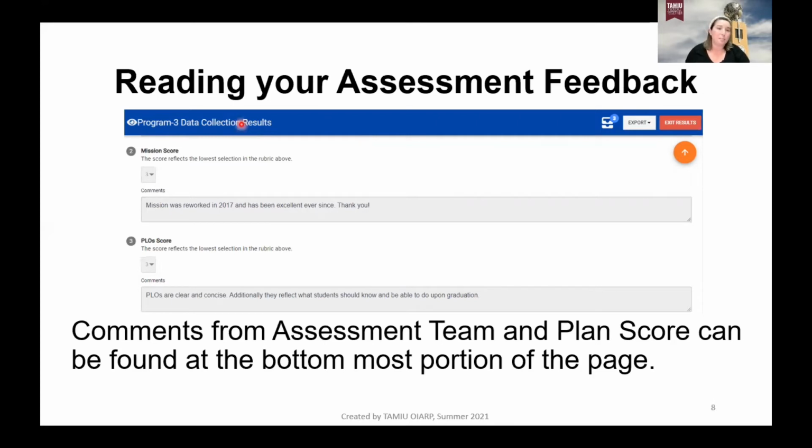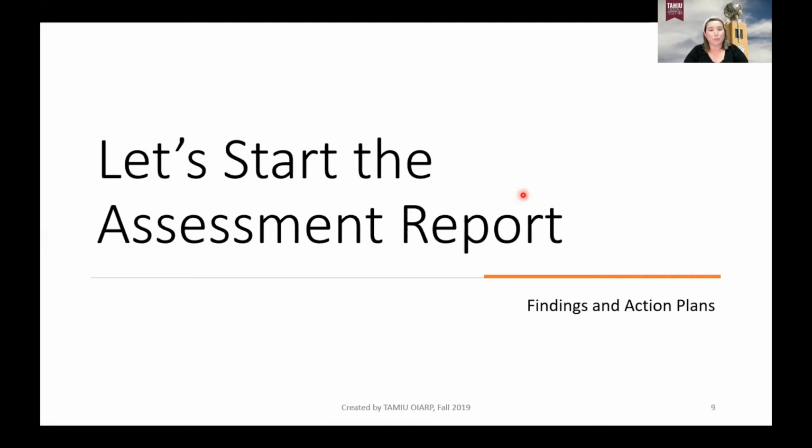This is just an example. You can see here, this is one program that received a 3 on their mission score and some commentary on that. I strongly suggest please read the feedback. This is going to help you as you go forward into the reporting stages, as well as your assessment planning for 21-22. So once you've actually read your feedback, it's time to actually get started on that assessment report,